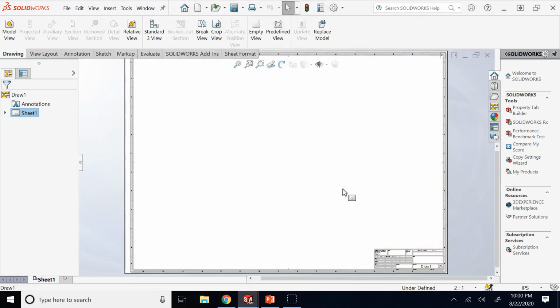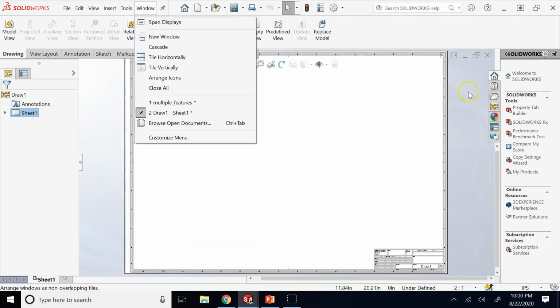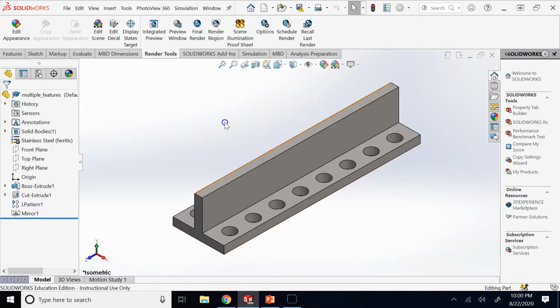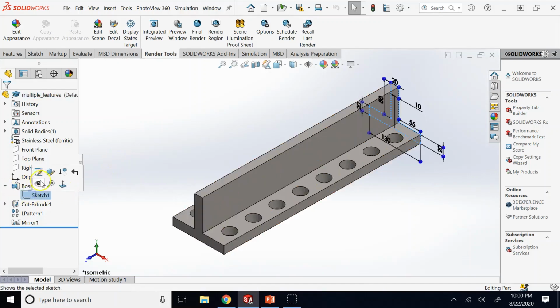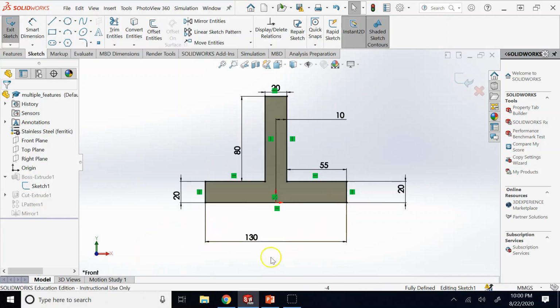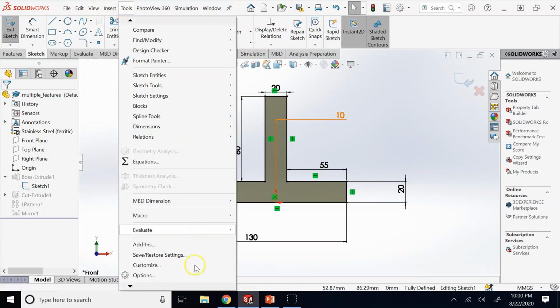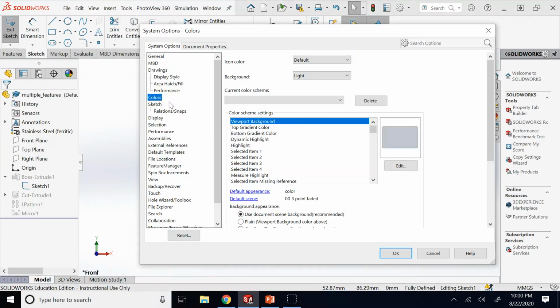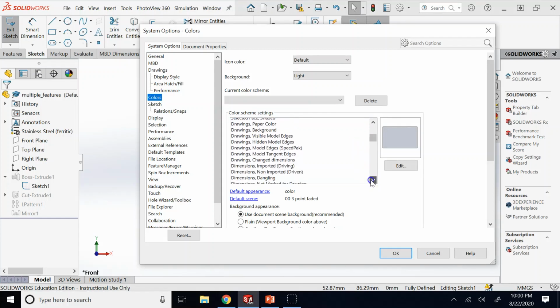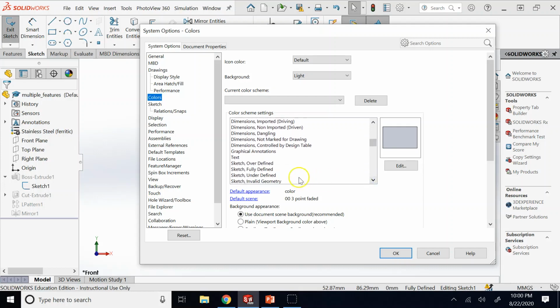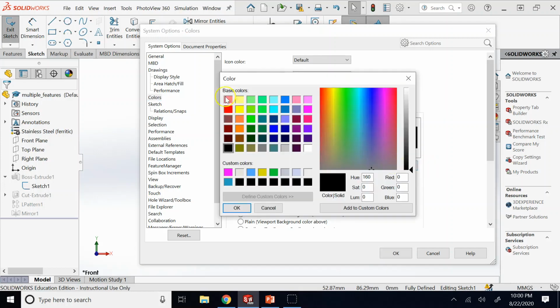So I change it, and there we go, right? So I can make my background of drafting when I add those standard views that we'll do later in this course. I can change that color to white, or here, for example, let me show you. As I said, if sketch entities are fully defined, then the color is black. So here, all these lines are fully defined and constrained, so they are black, but you can change that color too, right? You just need to go here, then again go there, and then find basically here, sketch fully defined. You see it's black, but maybe I said no, well, I prefer some color that is different from everything else, maybe